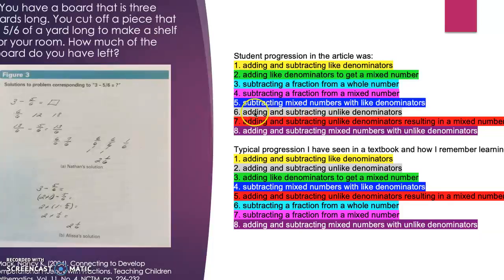Right here is a big one too. Students weren't ready to learn how to add and subtract with unlike denominators clear until the 6th step. In regular textbooks, we introduce that right away on the 2nd step. And so students' brains aren't in that thinking sequence yet, and so they get confused, especially students with learning disabilities or anything like that. We're mixing up the step sequence and how their brains are processing the information, and that is just the biggest discovery that I found in this article.